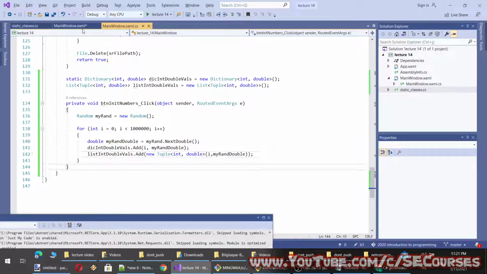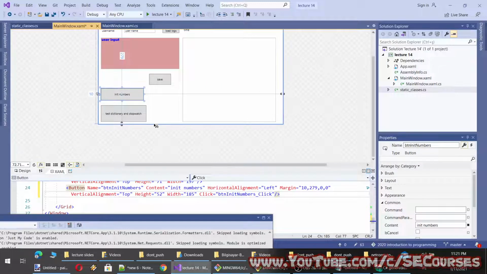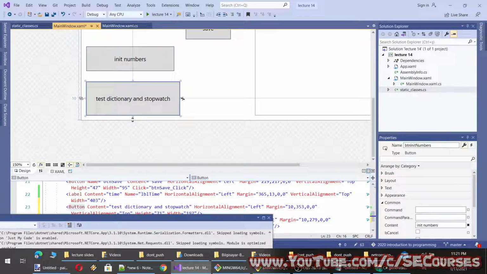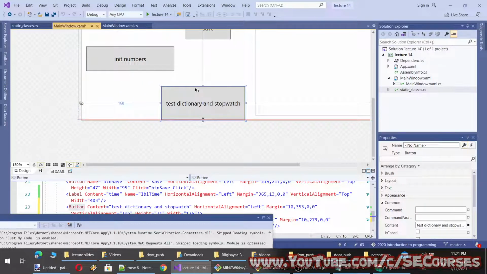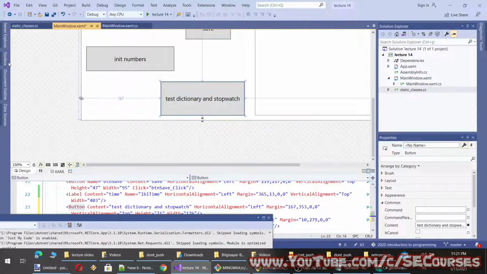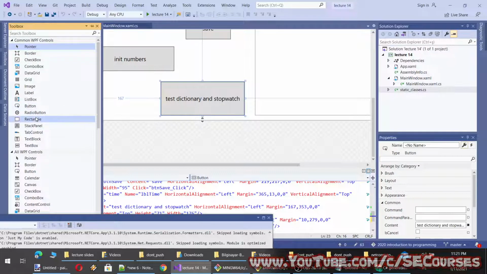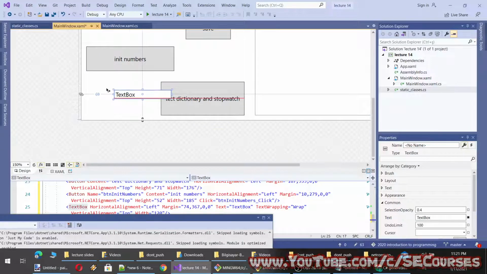And then we will have a test. In the test, what we are going to do is basically we will get the value of a given integer number from both dictionary and the list. Okay, with the time it took.